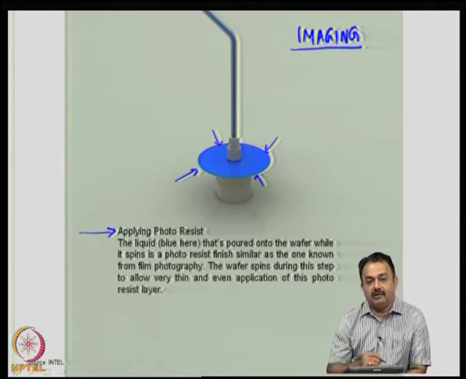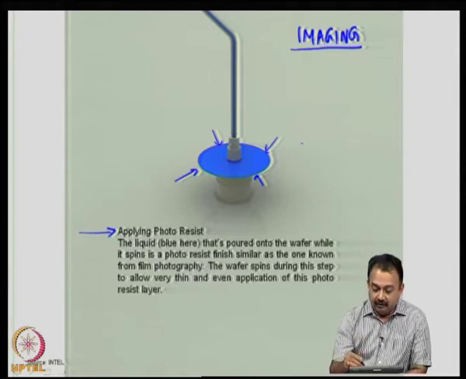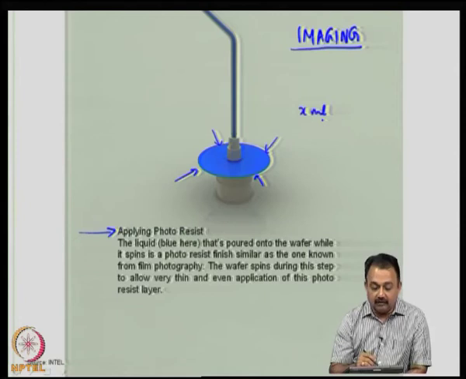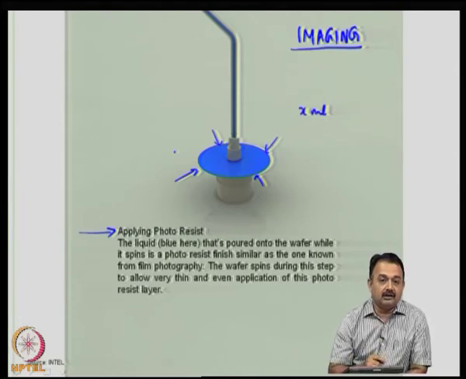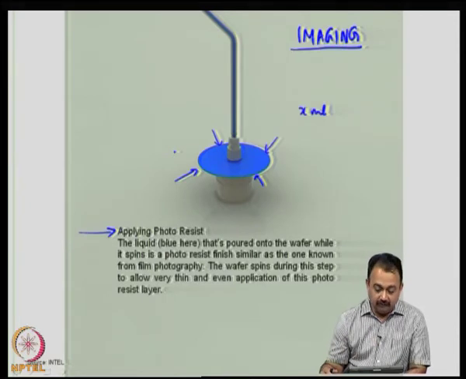So, after the photoresist is applied, you have to measure the thickness, or by trial and error method, you have to make sure that if you take, let us say, x ml of the photoresist for a given area like this, and depending on different methods of coating, how much thickness of the photoresist you will get on the surface of the wafer.